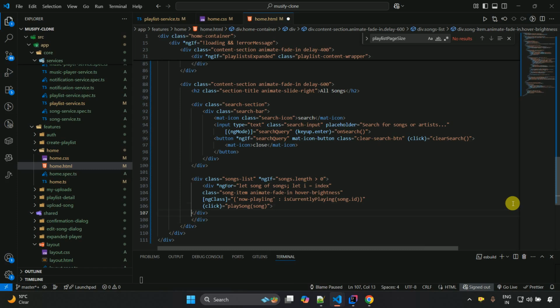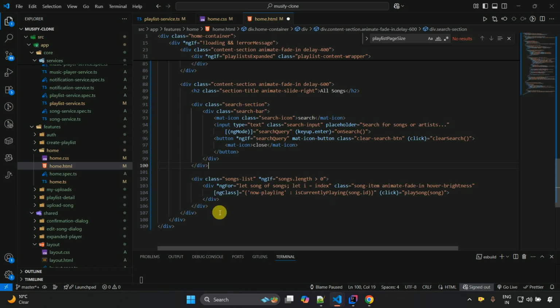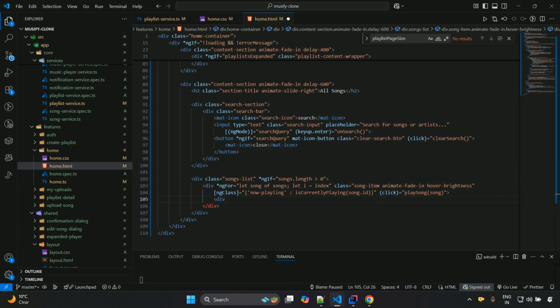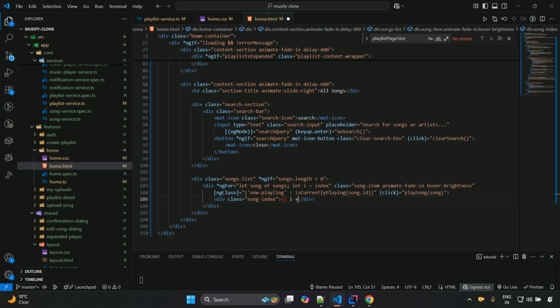Inside this one we are going to just write the sequence, cover, as well as song title and all those things. We are also going to give options to add to the playlist. So inside this particular div we have to write all those logics, so div class song-index, and then close this one, curly brackets i plus 1, and then close this one,